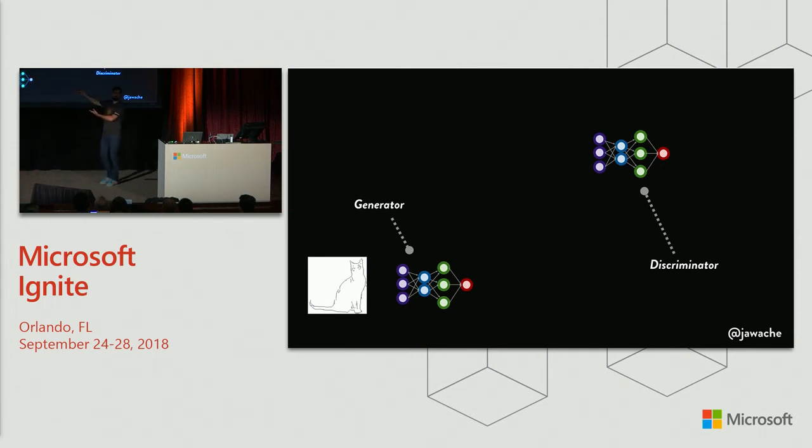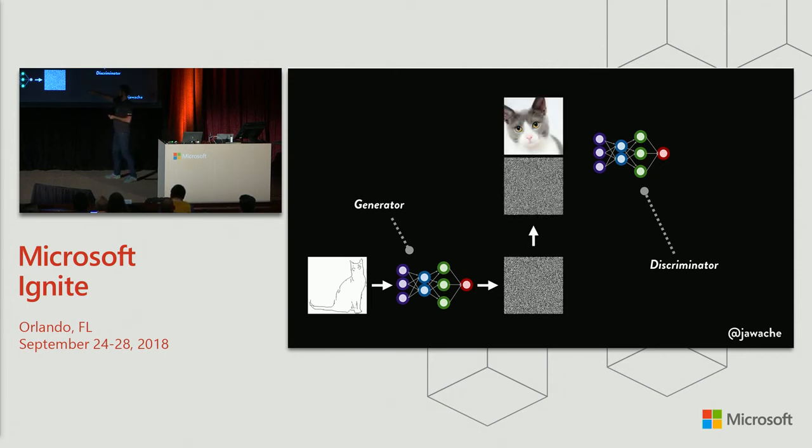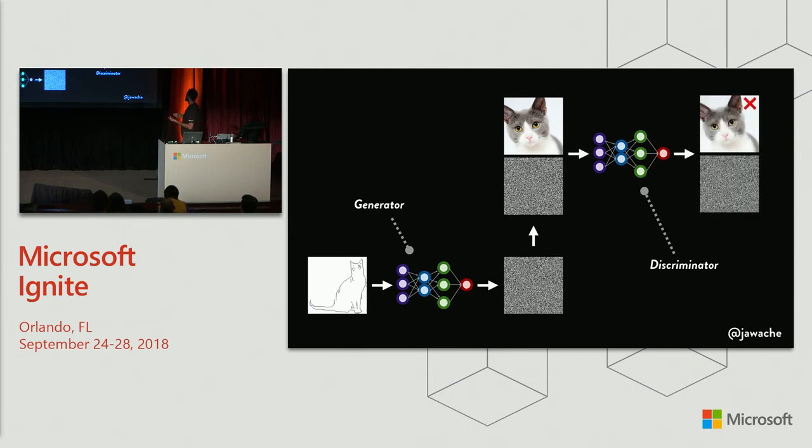Initially it had randomized weights, and this generator's responsibility was to create an output image, right? But because it's initially randomized, it's probably just going to create noise. This first image is probably just a picture of some noise, right? Then that gets fed to the discriminator. All of those images get fed to the discriminator, plus all the images of real cats. Okay, and the discriminator's job is then to look at these images and label them fake or real.